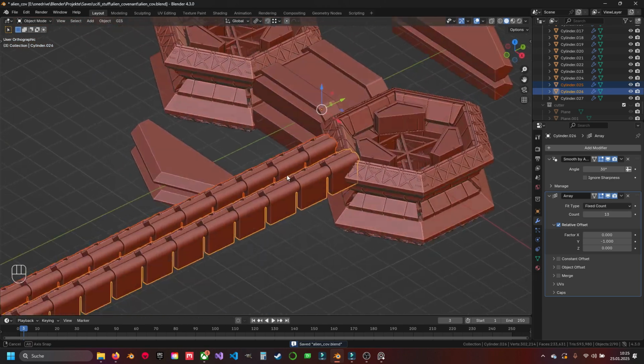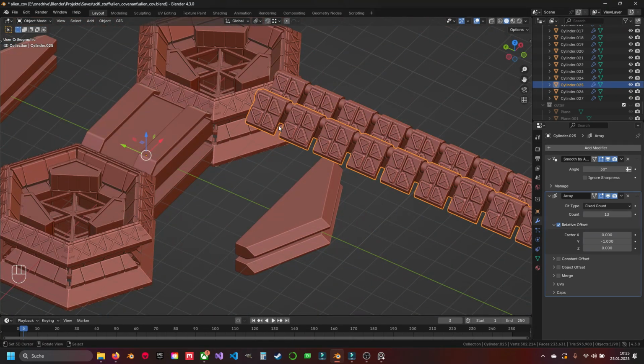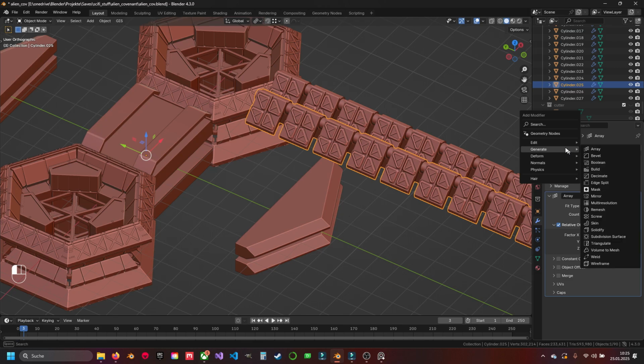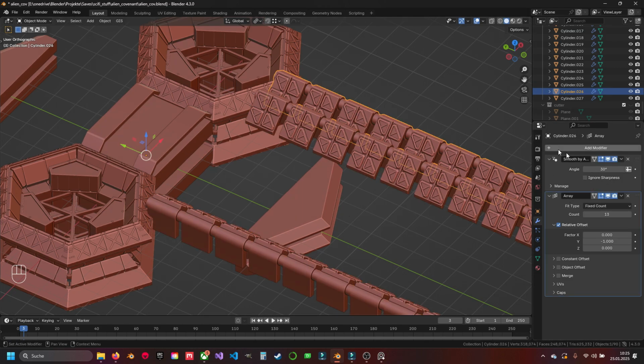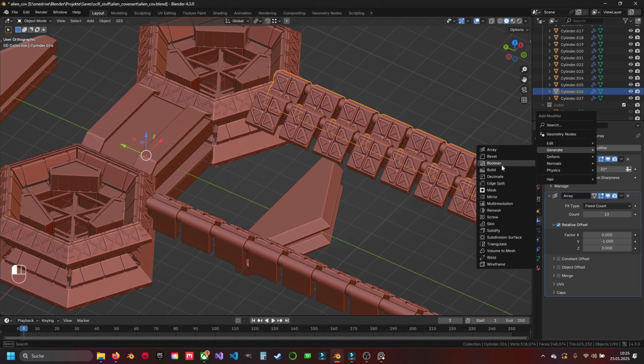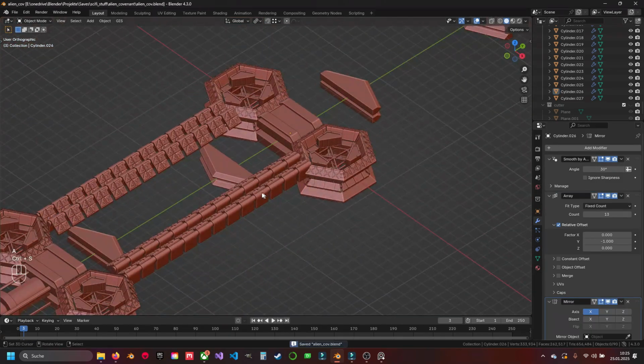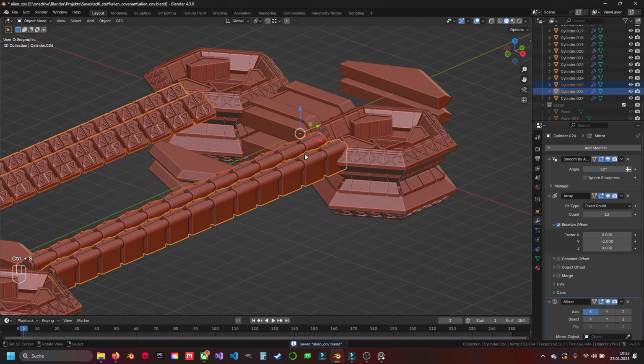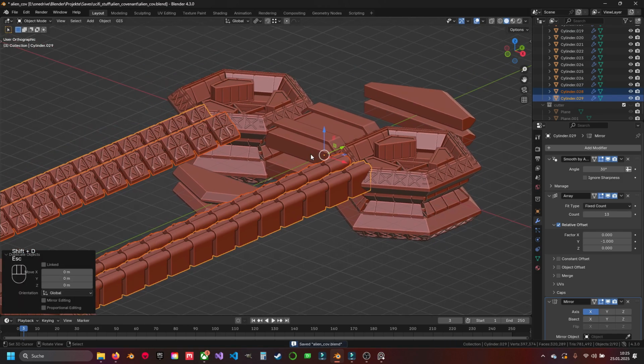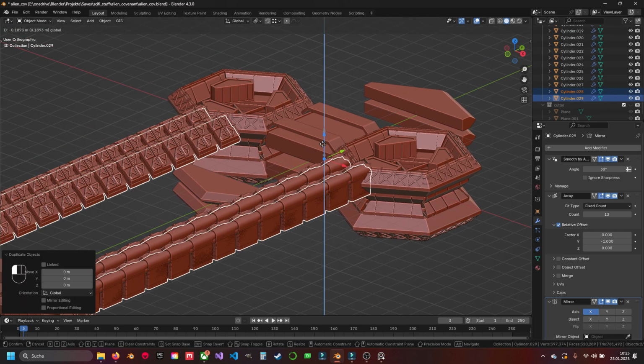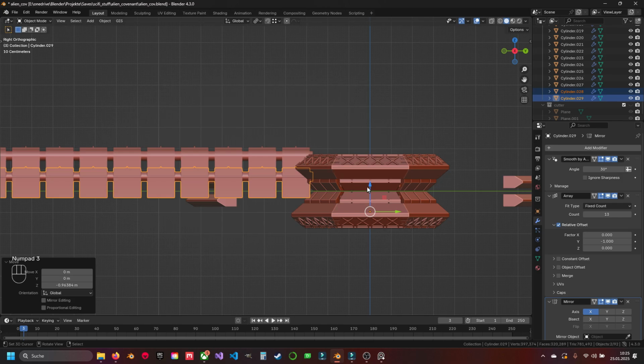So let's add a mirror modifier on that. So add mirror modifier, and on the other one too. So I have two sides, and now we have just to select both, duplicate that. We're going to put that down,